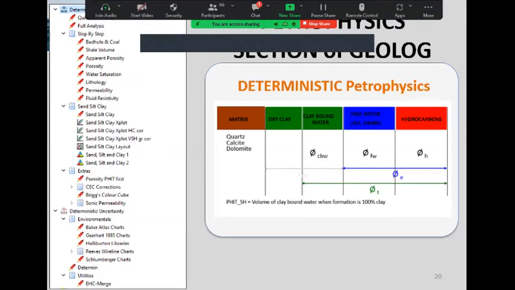We have the Determin module for deterministic methods and the probabilistic method called Multimin. Determin is a comprehensive suite of individual modules.